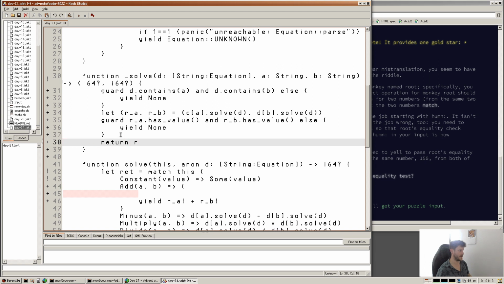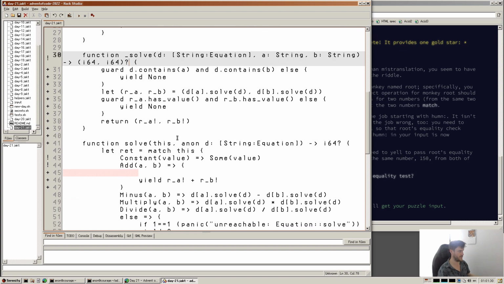Return RA bang RB bang, and I think we don't want the optionals there, we want the optionals there, and it's kind of showing that we have basically got it, and then tup can be solved with the A and B,